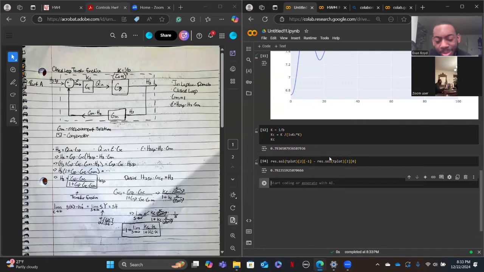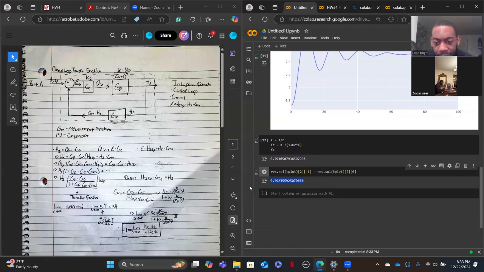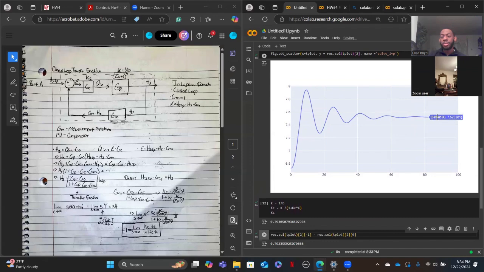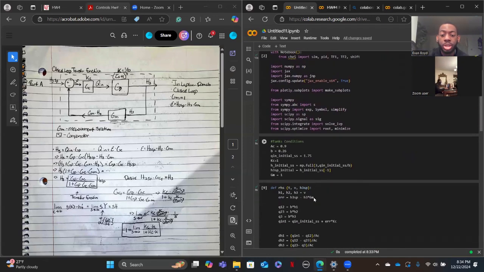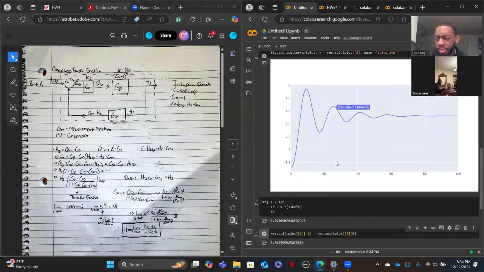Yeah, let me go back to that. But we get the actual controller value, which is actually pretty good. It's not the controller value, but it's the height, I would say. From doing this, you can see that over time the system steadies out, compared to what we had earlier when we had our controller set to 2. It was oscillating a lot, and that means the controller constantly has to adjust to the changes in flow. But now you see that the controller steadies out over time,